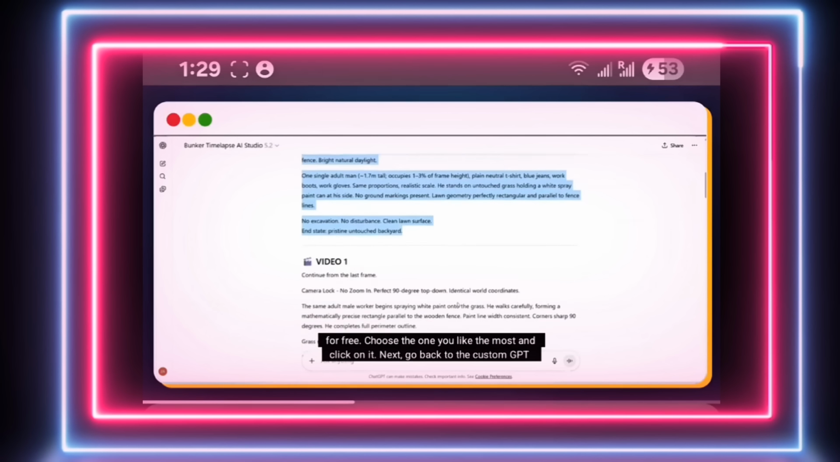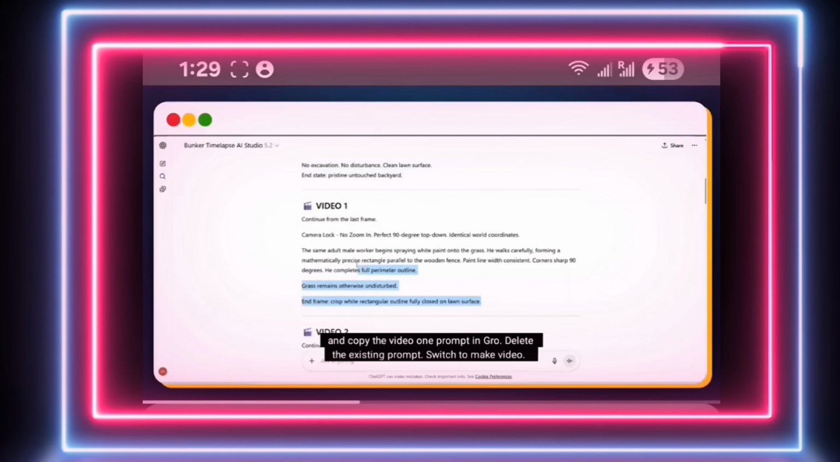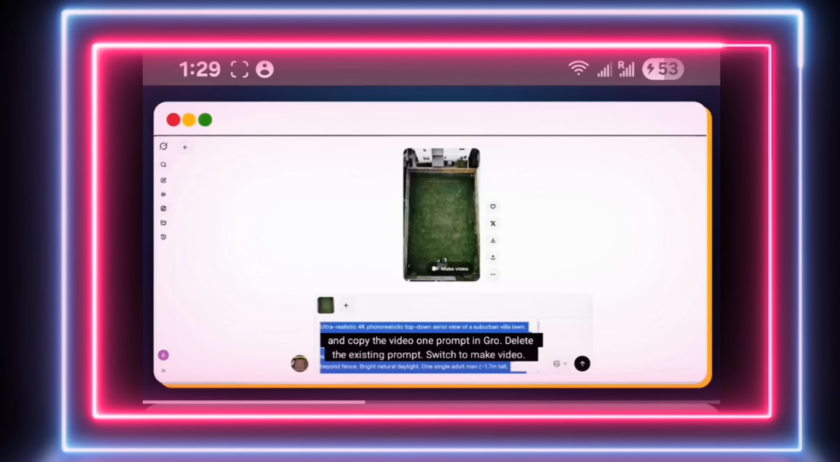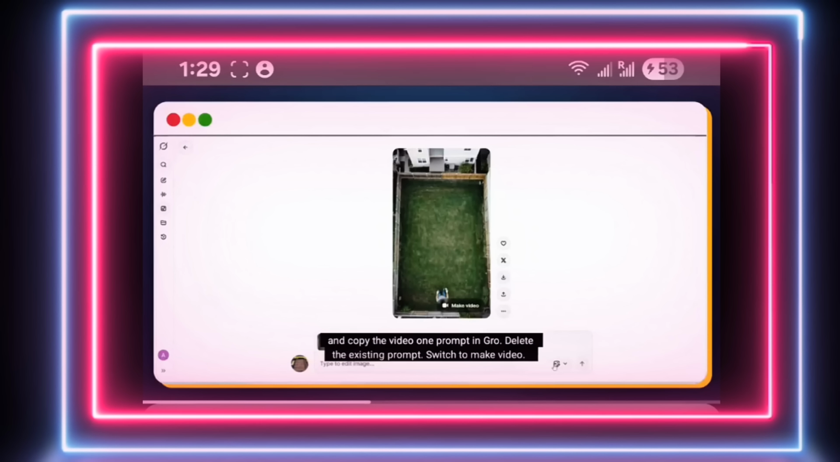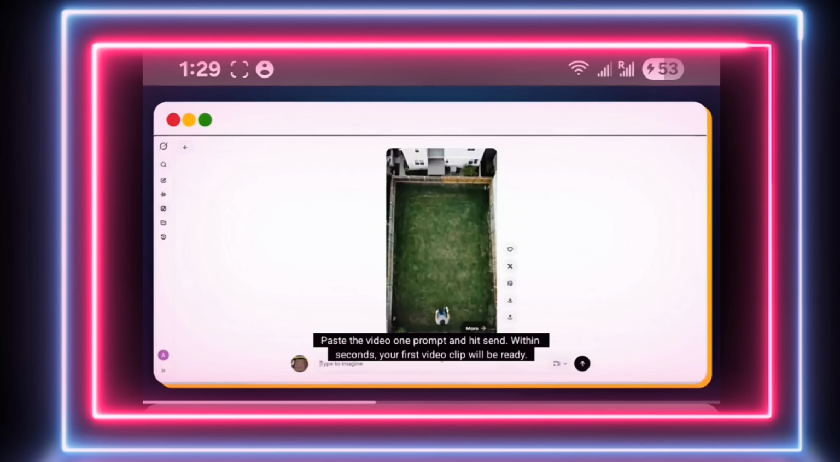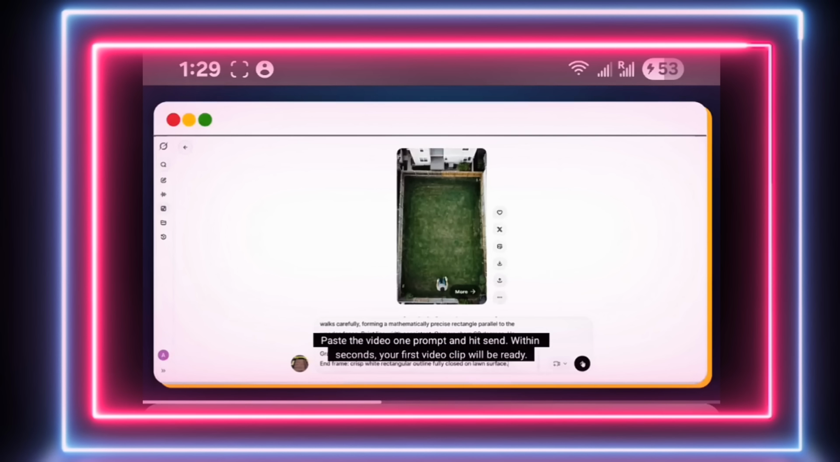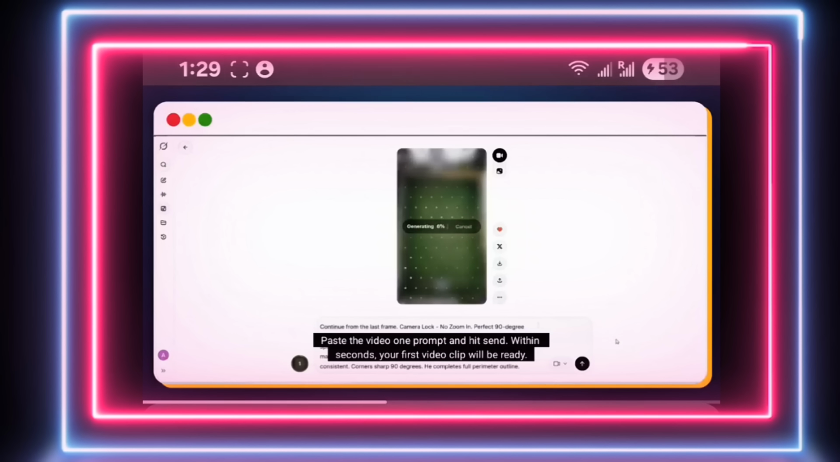Next, go back to the custom GPT and copy the video 1 prompt. In Grok, delete the existing prompt, switch to Make Video, paste the video 1 prompt, and hit send. Within seconds, your first video clip will be